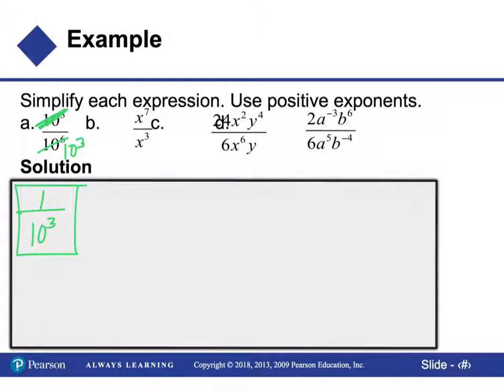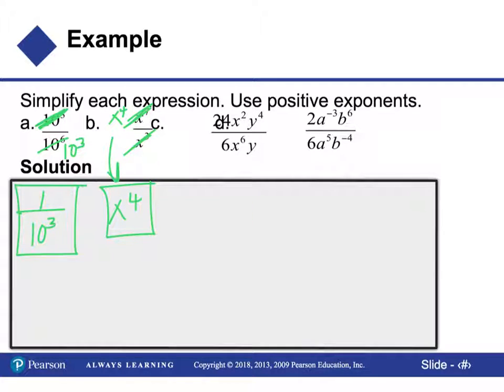Part B, or question B, we have x to the 7th over x to the third. So 3 x's can reduce. They have common factors of x to the third, leaving me with x to the 4th as my final answer for B. So again, we had 3 x's in common, so the x to the third's canceled off, leaving me with x